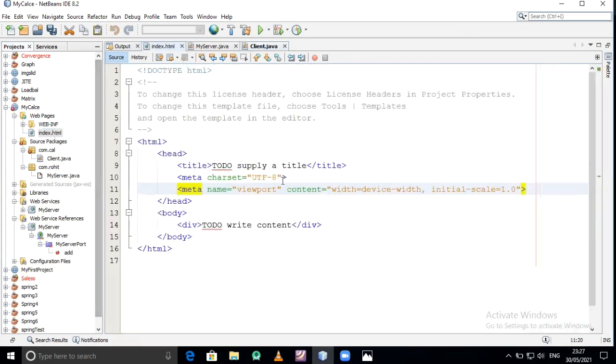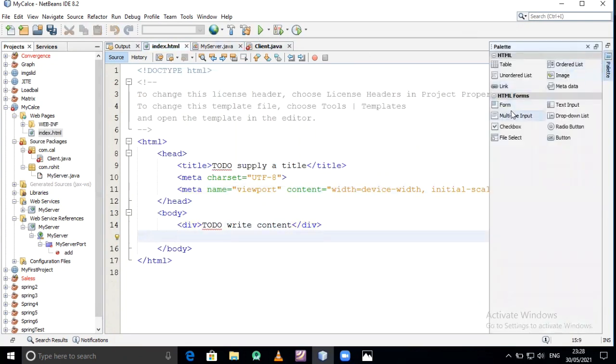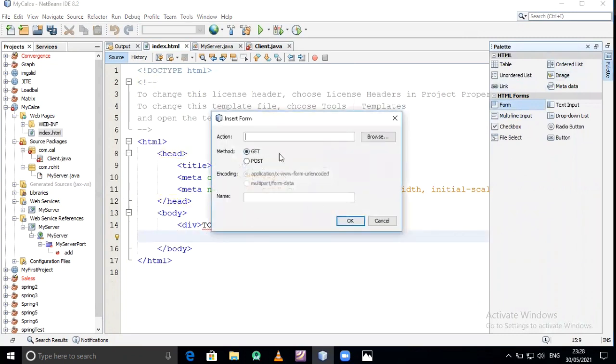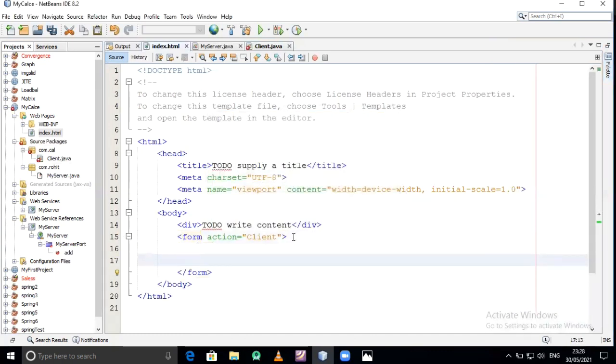In index.html, I'm giving the two inputs. We require a form to communicate with the servlet. The action name is nothing but our servlet name. What is our servlet name? Our servlet name is client.java, so I'm just giving the name as client. Simply press OK. So this form is created.